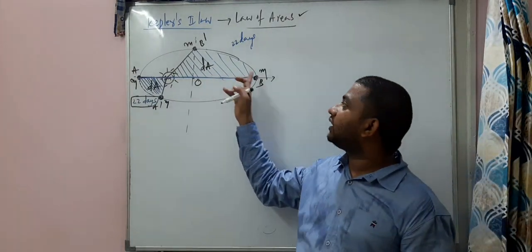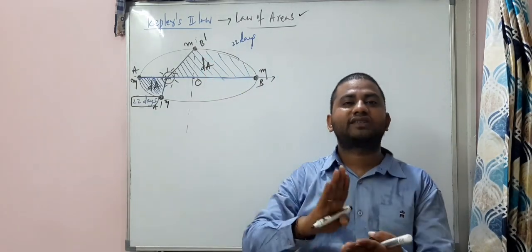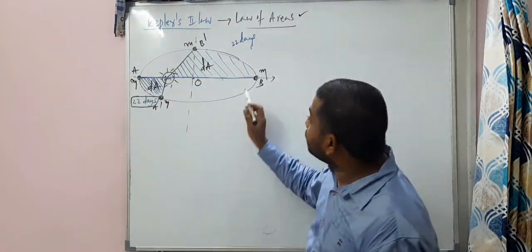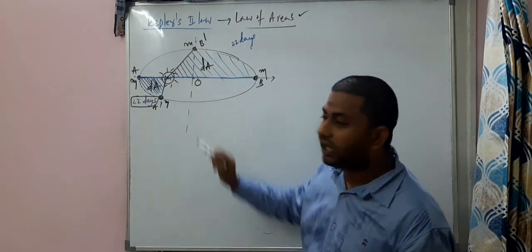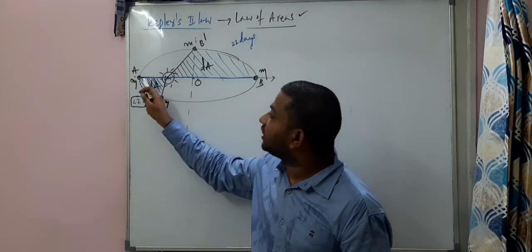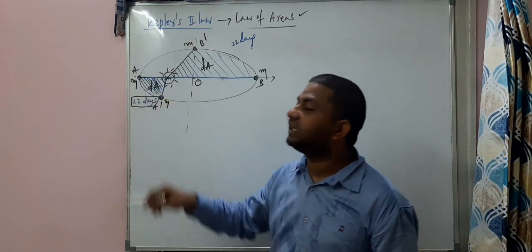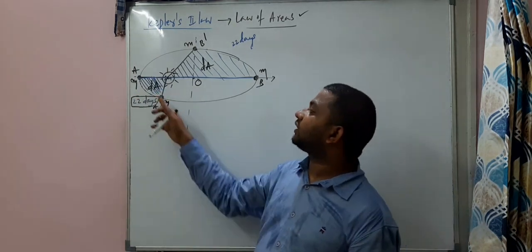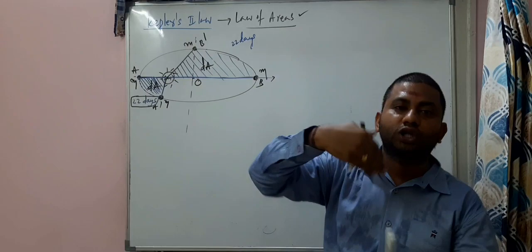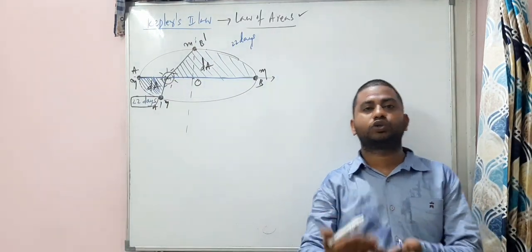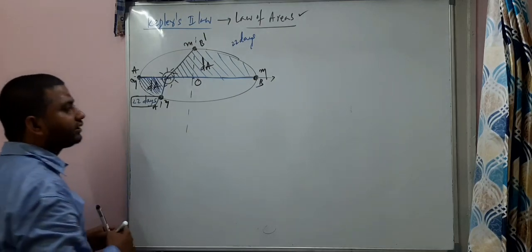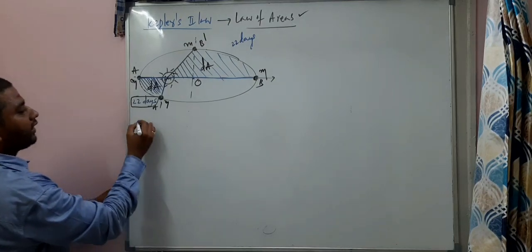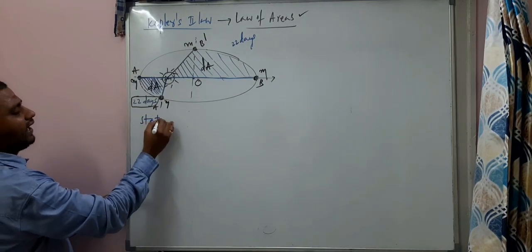The area covered here from B to B dash. What is covering the area here? The line joining the planet and the sun is covering this area dA. When the time intervals are the same in both cases, automatically the areas covered will also be the same. And Kepler's second law statement I am going to write now. Listen carefully. It states that